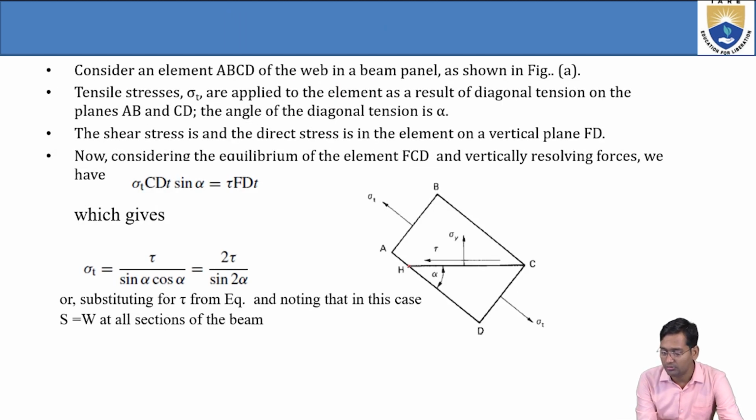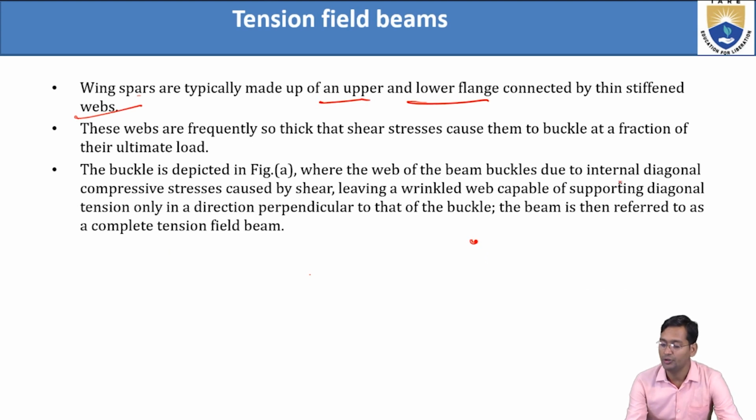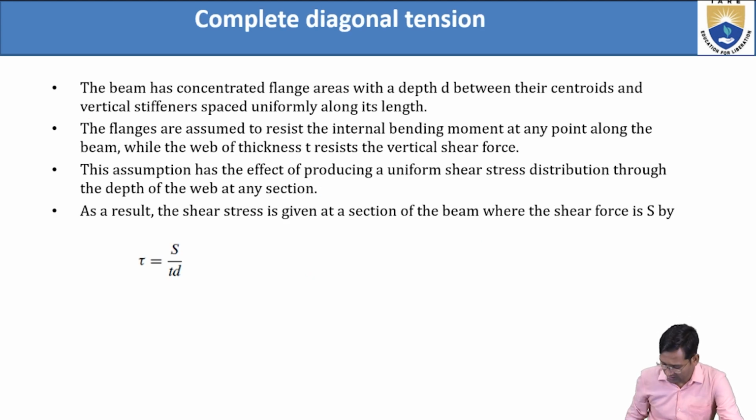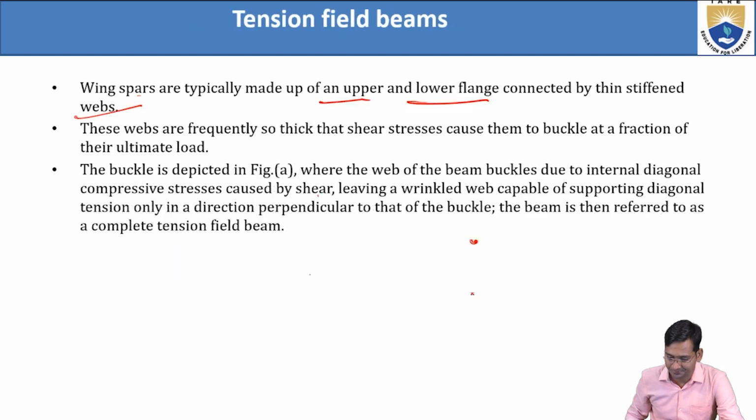So how will it get buckled? Due to internal diagonal compression stresses caused by shear along the surface of this, stresses caused by shear, leaving a wrinkled web capable of supporting diagonal